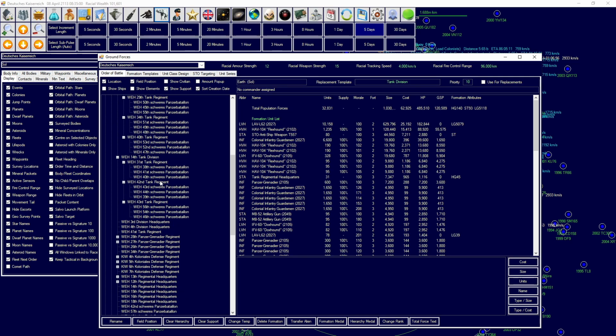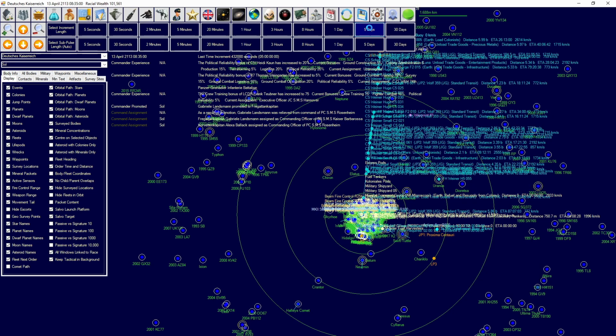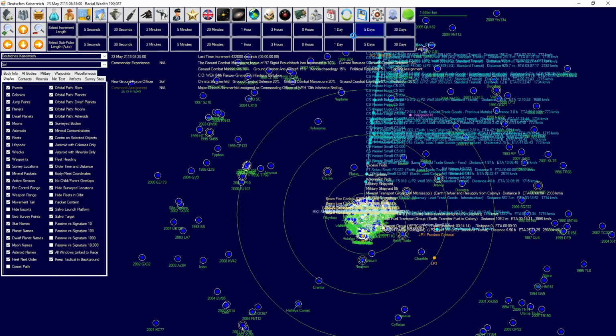I don't really think we need infantry. And we can't transport that all at once either, so we might as well. So that's 2 tank divisions done. We're going to need a lot more battalions to be completed, though. And so we're going to just continue to increment along here, and then hopefully go in again and secure ourselves